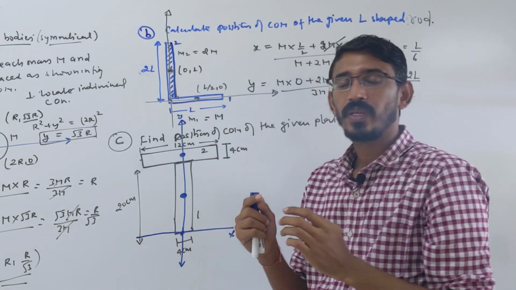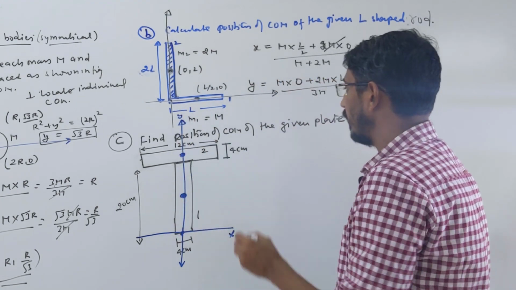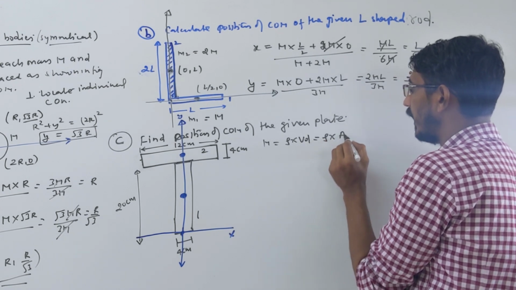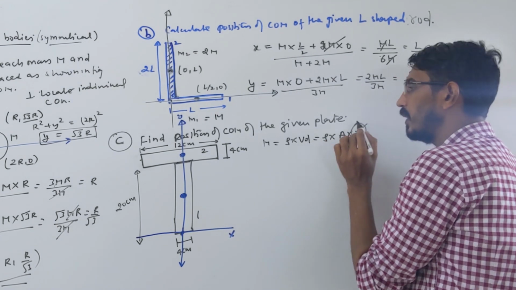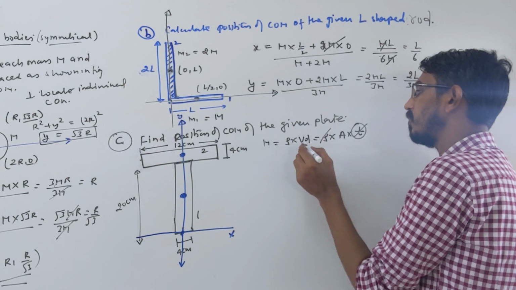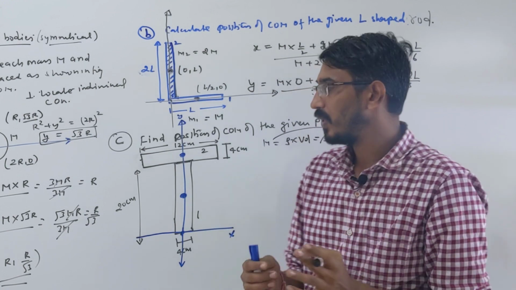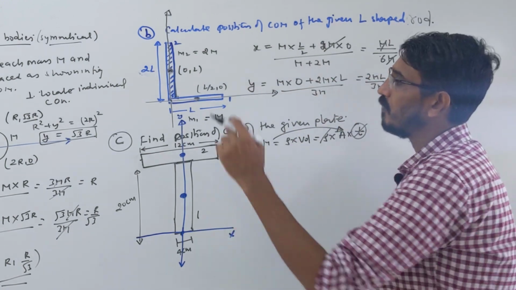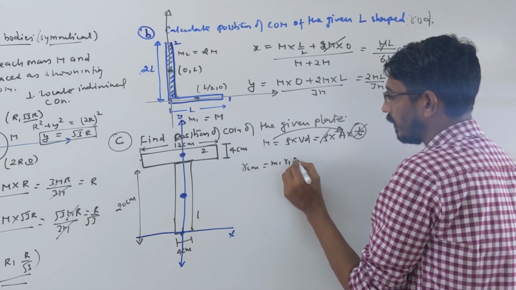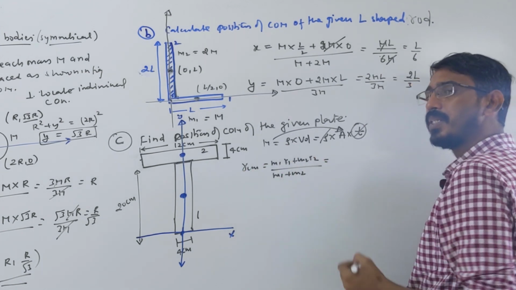Here the thickness or width may be different, so you have to find the mass either by the volume concept or the area concept. For these plates you can use area. Mass is density into volume, and volume is area into thickness. Thickness is the same, density is the same, so mass depends directly on area. So for two-dimensional bodies, instead of mass you can simply write area. In the formula RCM you write M1 R1 plus M2 R2, but for this type of body, instead of mass you can write areas, and it will work.